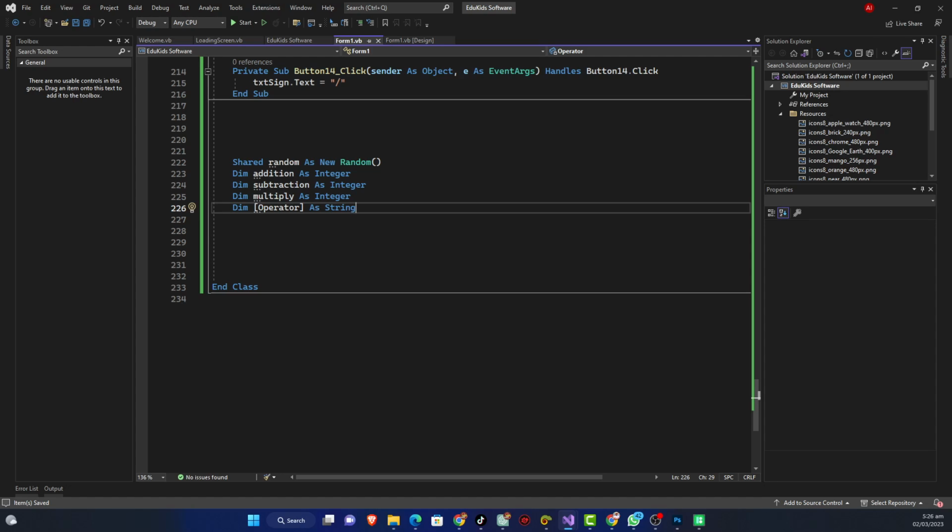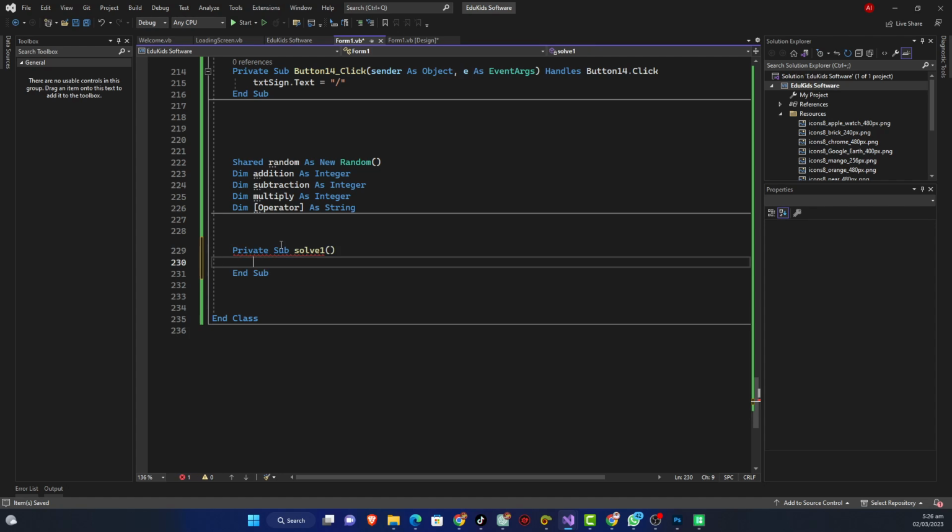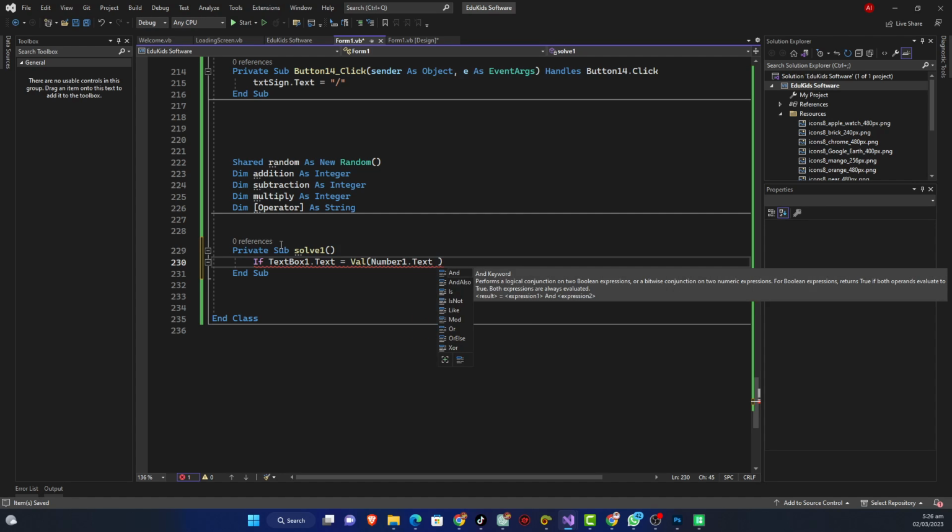The first thing we're going to create is something called the functions, right? The function. So let's create a function called solve. So let's say private sub solve one. Right, so this is going to be where it will solve our question for us. So we're just going to say if our text box one dot text equals the value of number one dot text, like this,